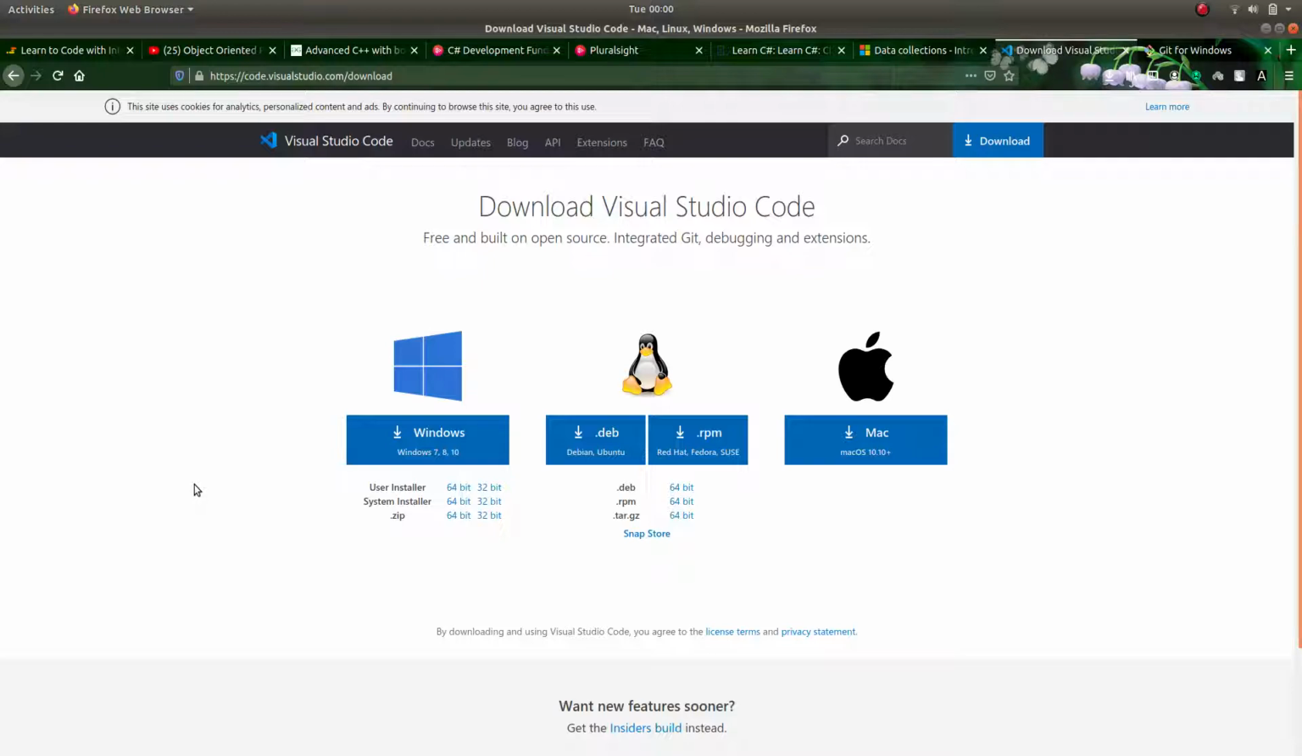So for setting up our VS Code, first we have to install it. You can download VS Code from the link code.visualstudio.com/download. Here three versions of Visual Studio Code are provided. One is for Windows, another one is for Linux, and one is for Mac users. So from this site you can download VS Code for your OS, and after installing it you have to also